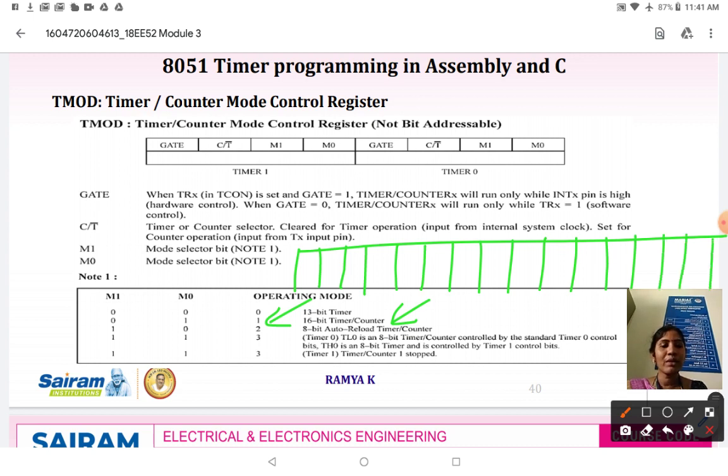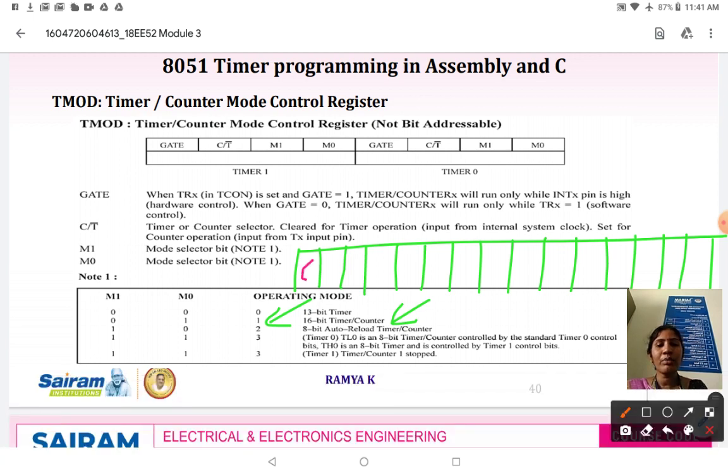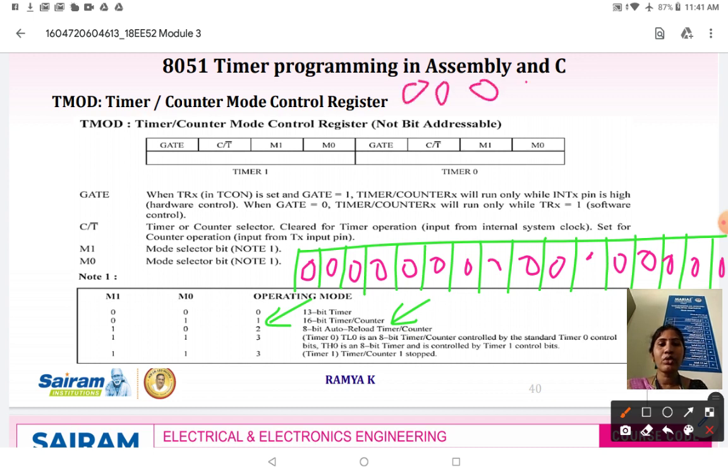So all the 16 bits will be utilized. To consider the minimum count, all the 16 bits will be loaded with 0. Therefore, the minimum count is going to be 0000.